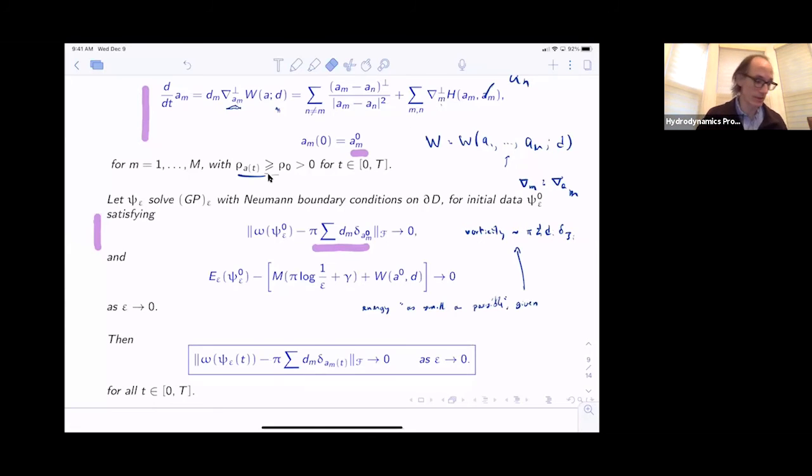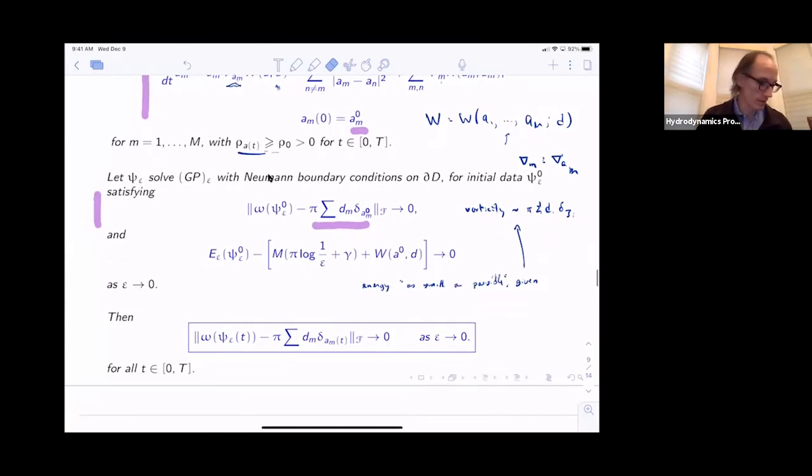And the conclusion is that, well, then on this time interval, the vorticity of the wave function psi at time t converges to this. So here I should emphasize I'm considering a sequence of functions. And this is a statement about their behavior in the limit as epsilon goes to 0. And so the vorticity converges to point masses. The point masses are located at these points that I get by solving the point vortex ODEs. That's the conclusion. Okay, and so this is a theorem from almost 25 years ago, late 90s,